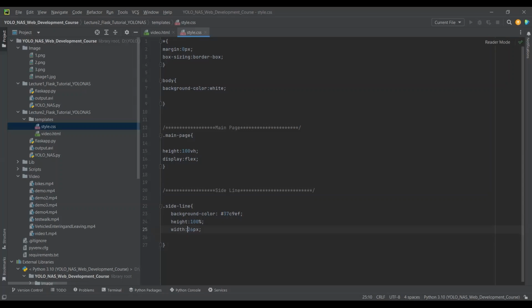So let me show you how this looks. Now you can see over here, we have created a sideline. The height of the sideline is set to 100% and the width is set to 25 pixels. So if I just open this up over here,